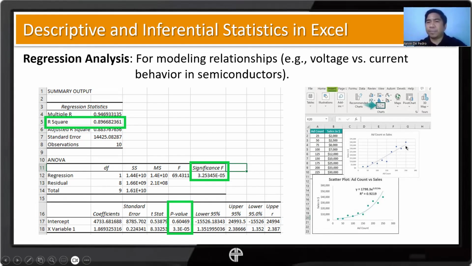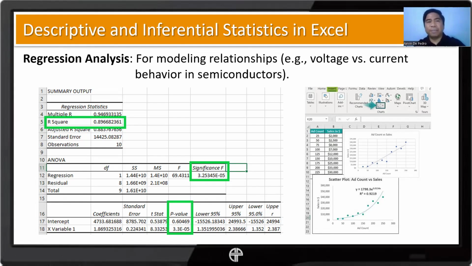Plus, you can also use the scatter plot to observe the relationship graphically. This is also a way for us to check whether there is a significant outlier like this one. It's kind of close to our trend line, but if everything's very close to the trend line except for one here that is too far, then that point could be an outlier. So aside from box plots, we can also use scatter plots to check for outliers.